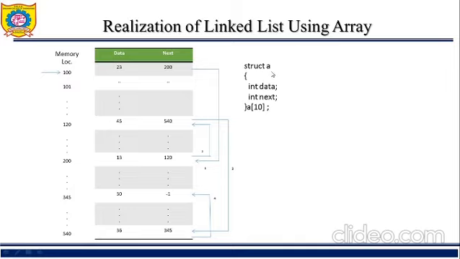For that we need a structure, because a structure contains different types of data in one form. So here we have taken a structure, and in that there are two parts for every node. This structure is of a node, a single node. What does a node contain? It contains data and next. All these are of integer type. This is the structure of a node. Each node contains data and next part.